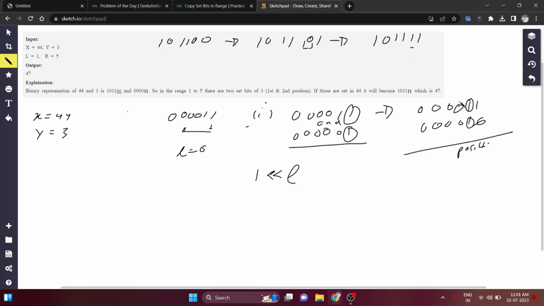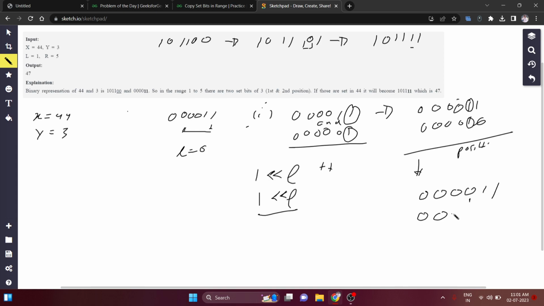Now we have to check the next bit. We increase L by plus plus, then shift backward by L bits. Now we check this bit.